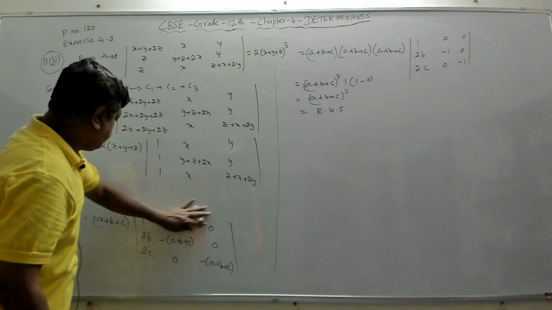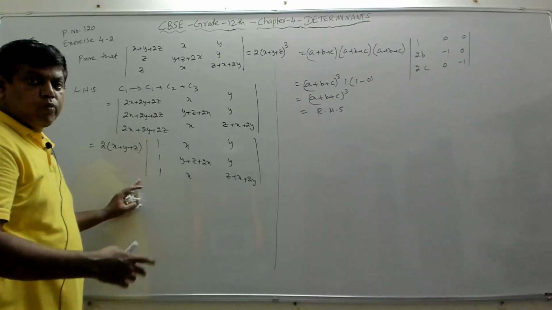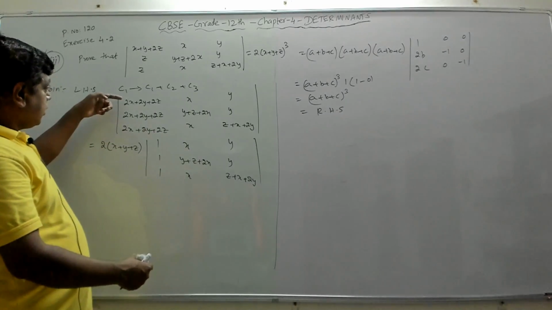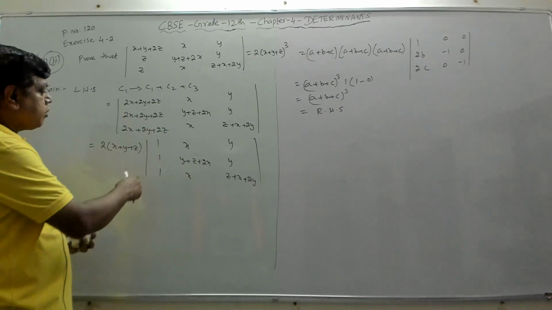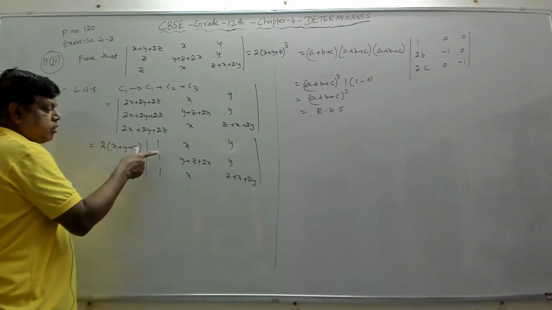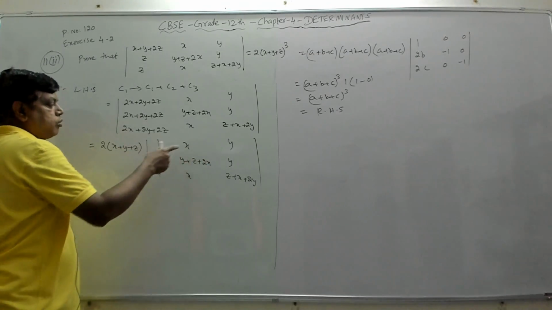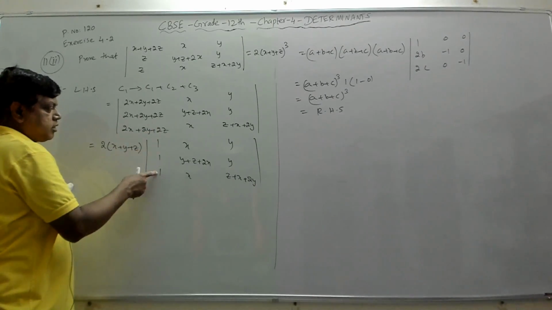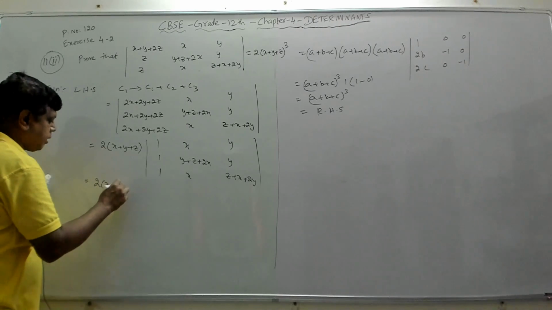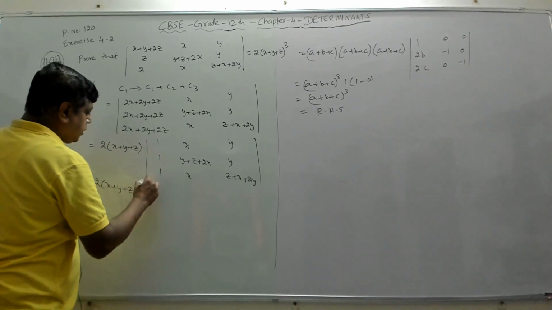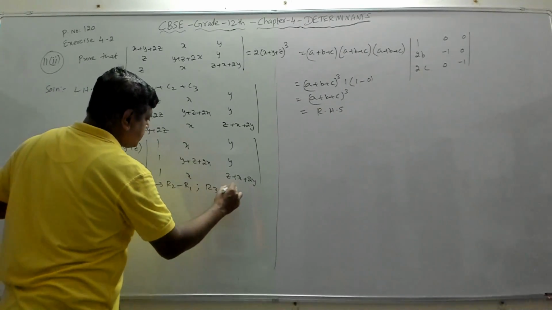Fine. Now we have got 1 1 1. The moment you get 1 1 1, it is easy. Even the moment you get a particular row or a particular column with the same element, that can be taken out, then you'll get 1 1 1. Then you have to make these two 0. How do I make this 0? I'll get this minus this, which means row 2 minus row 1. This is row 1, this is row 2. This minus this. Similarly, this minus this. That will make this 0. So 2 into x plus y plus z. I'm going to apply the operation R2 implies R2 minus R1 and R3 implies R3 minus R1.